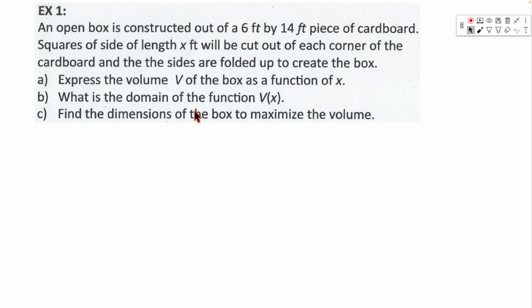And then find the dimensions to maximize the volume. Now notice this question, we don't have to get the volume. That's kind of cool. We just need the dimensions. Okay, so